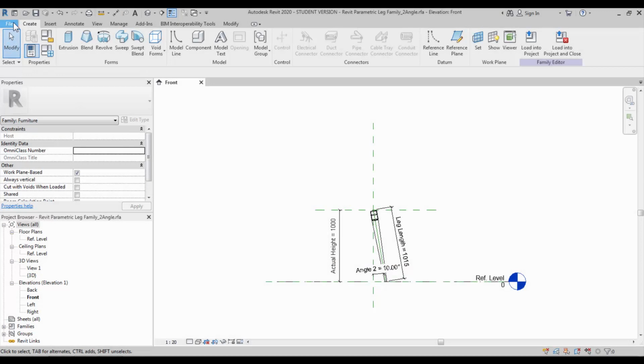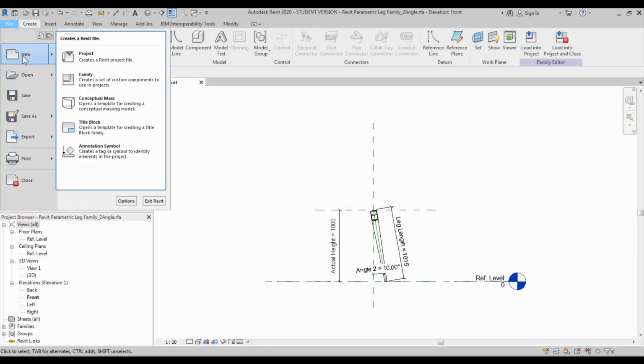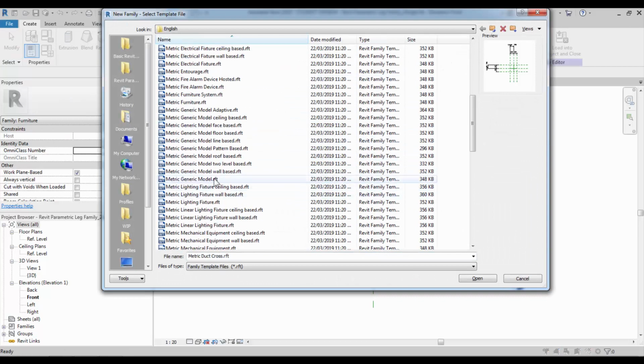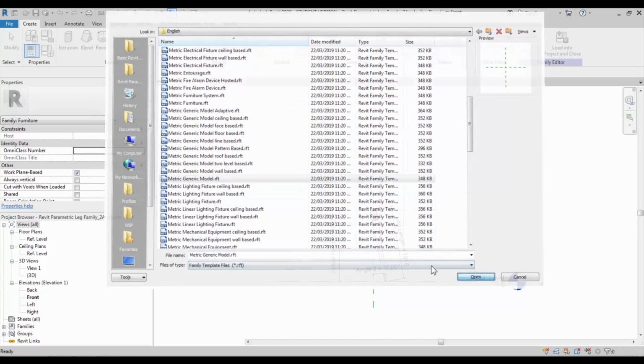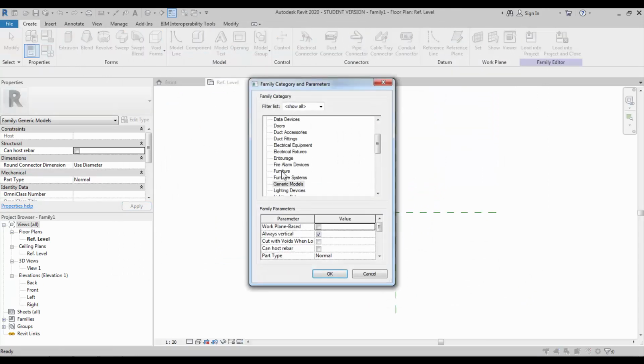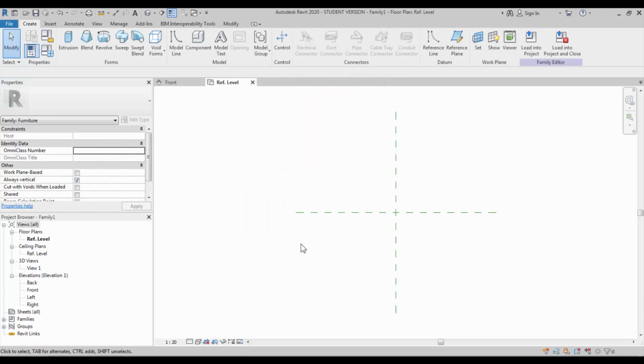This is the leg family from the previous tutorial. Let's start a new family. I like to start with a generic model. Close the background view. Change the category to furniture. Click OK.